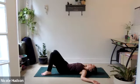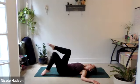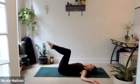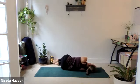Release your knees from one another. Keep your feet nice and wide. Press down to your feet. Scoot your hips this time to the left. Bring your knees up to about 90 degrees. Take an inhale. And as you're ready, roll all the way over onto your right side,